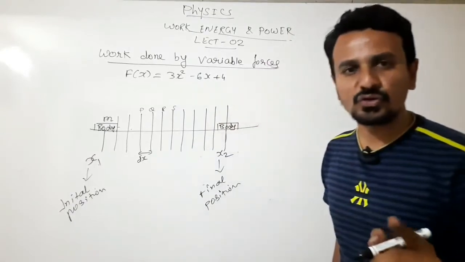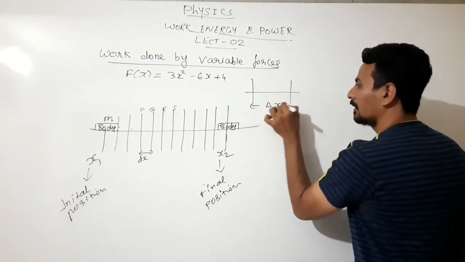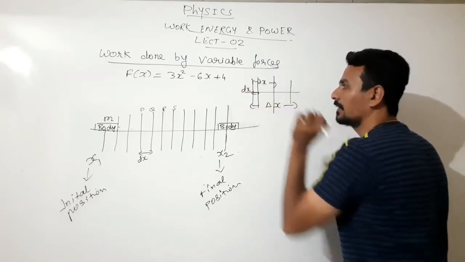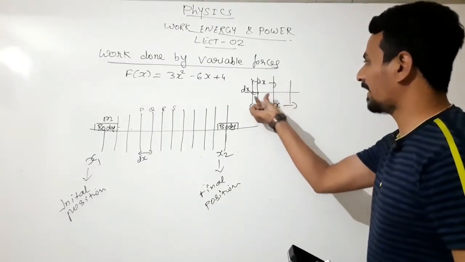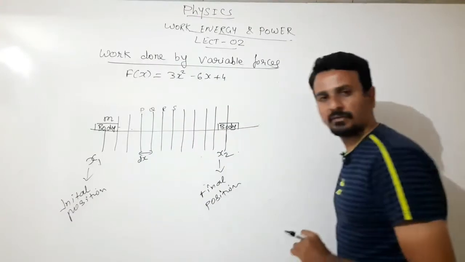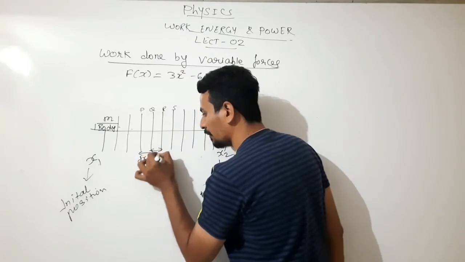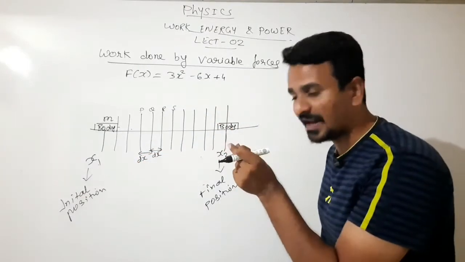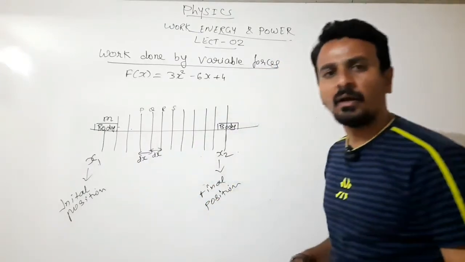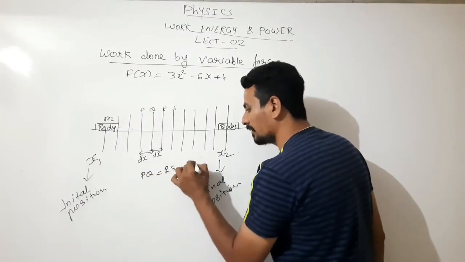We had studied this in motion in a straight line, right? That if this is delta x, then this is known as del x, and the smallest part is known as dx. Clear? Delta x, del x, dx. So, this is very small displacement dx. We can almost say that this displacement will also be equal to dx because it is very small. So we can say that yes, both the displacements are almost equal. That is PQ equals RS equals dx.